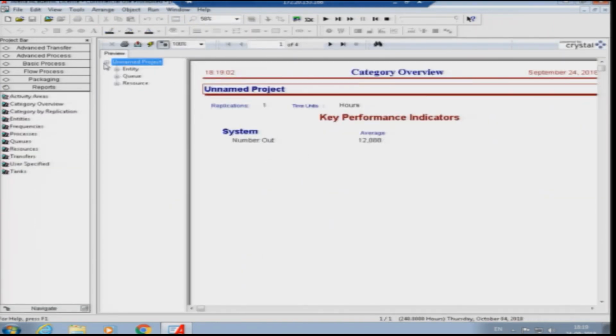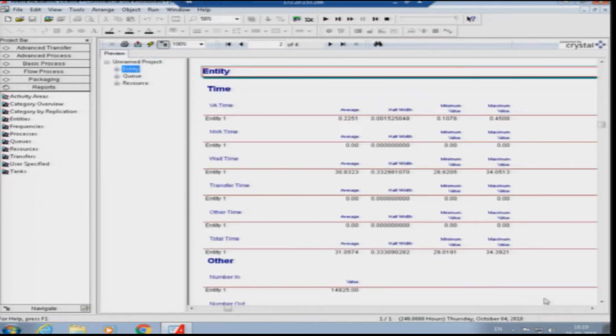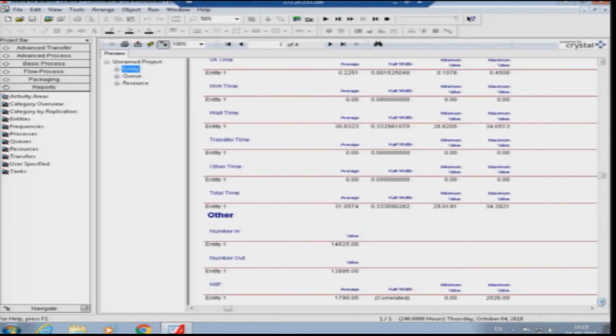Now, you can see the number in and number out have changed significantly because of the abrupt increase in the batch size. We have increased the batch size from 20 to 2000. So, this problem has happened.